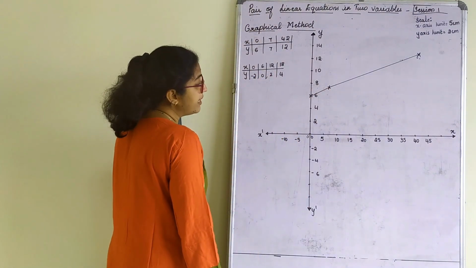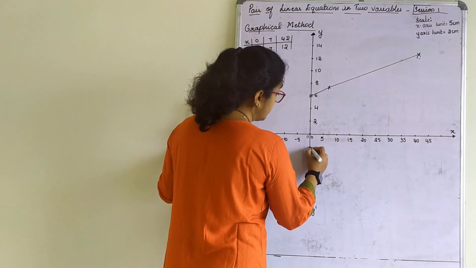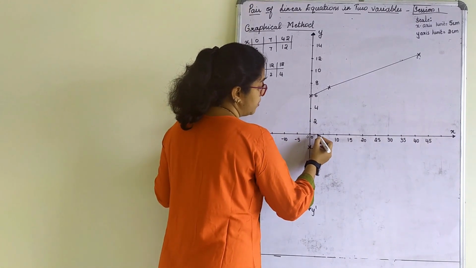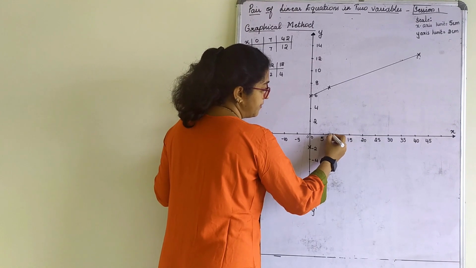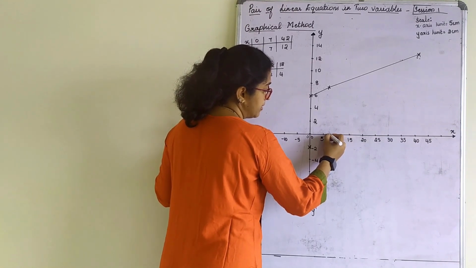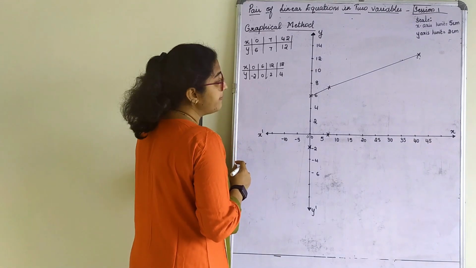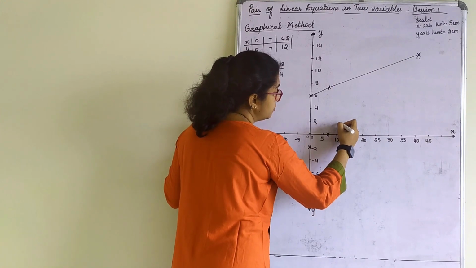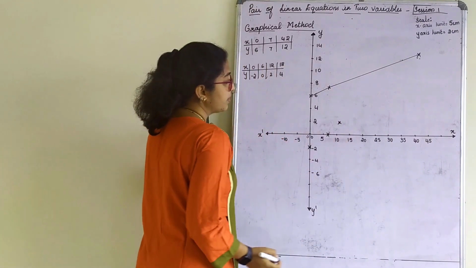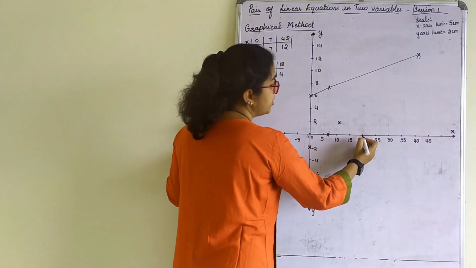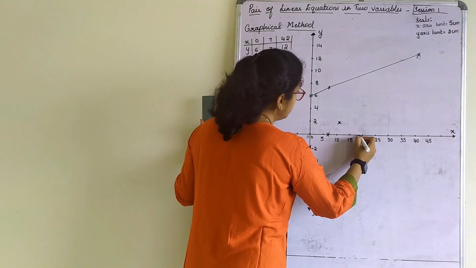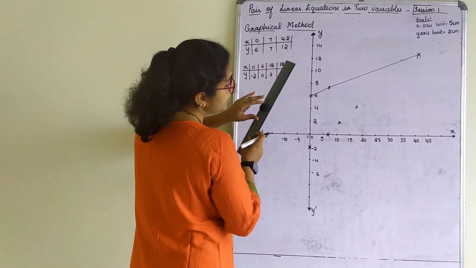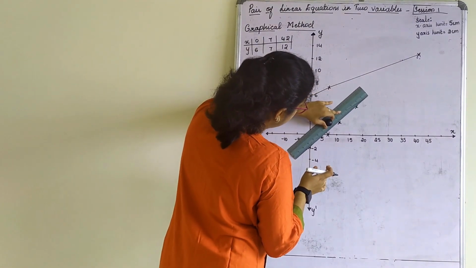So it is 0 and minus 2. 0 and minus 2. It comes here. 6 and 0. X-axis 6 and y-axis 0. It comes somewhere. 5 is here. So, okay, I will take somewhere between this point. Next, 12 and 2. So 10 is here, 15 is here, 12 somewhere it has to come, and 2 means this point. Next, 18 and 4. 15 is here, 20 is here, 18 somewhere in between, and 4 at this point here. Okay, so now I need to draw a straight line with respect to this.